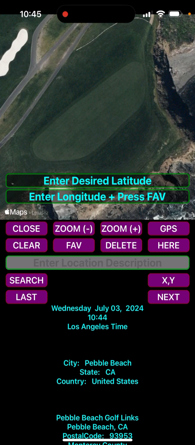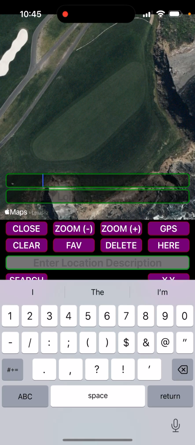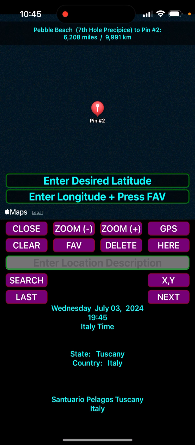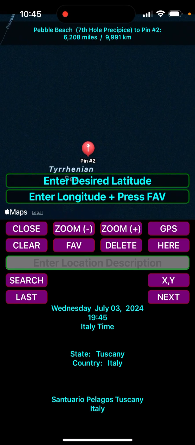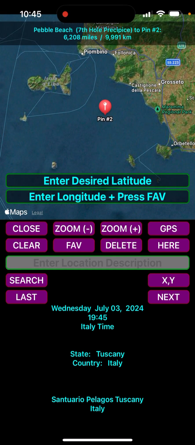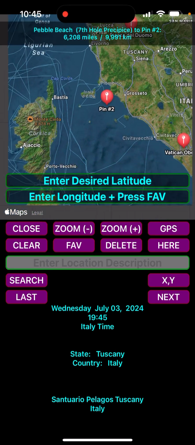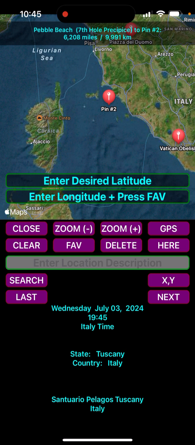So if I press this clear button here, I can go in here and press, let's just say, 42.6 and 10.7. And if I press the fave button, it's brought me out here into a section of water near Italy. So it put me off the Italian coast there. And let's say I don't like that position. So I could press XY again